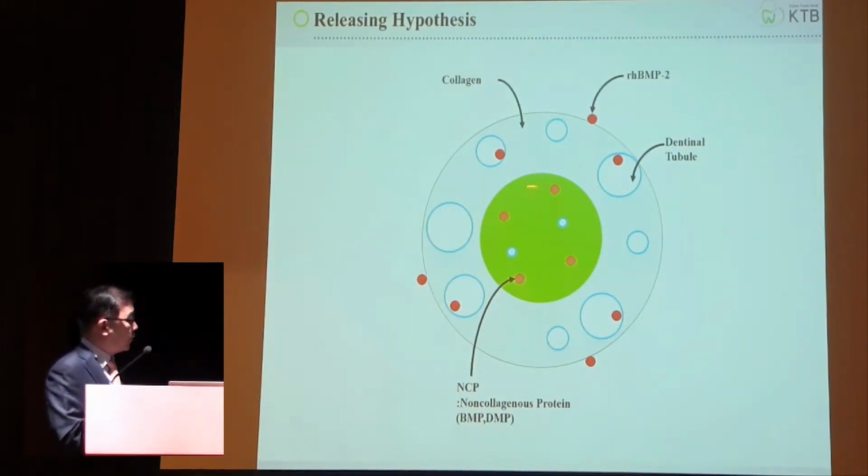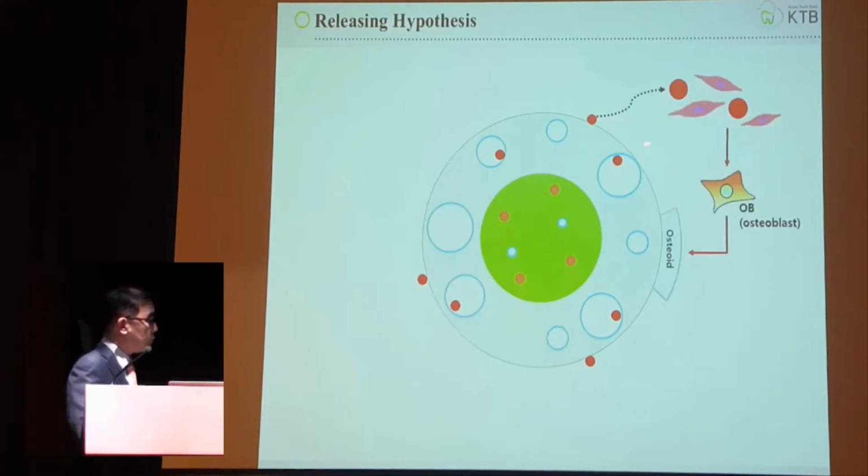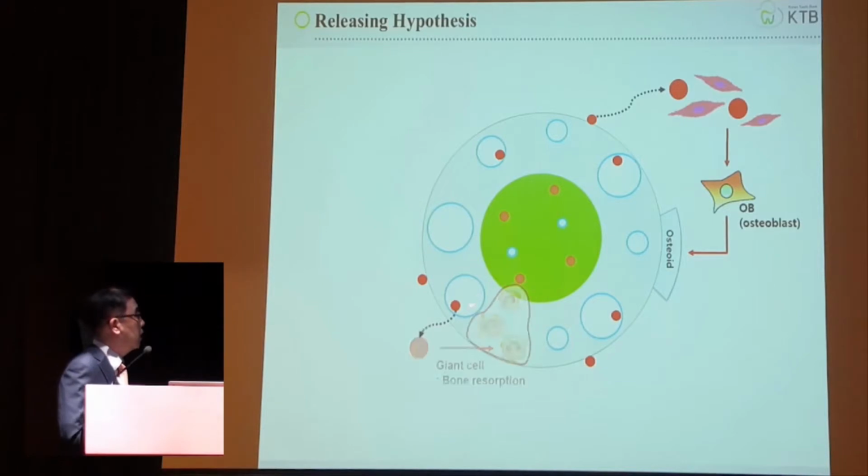So this is the dentin particle with endogenous growth factors and exogenous growth factors reloaded. So this exogenous growth factor is released from the surface and plays the role of osteoinductive bone formation, and this BMP